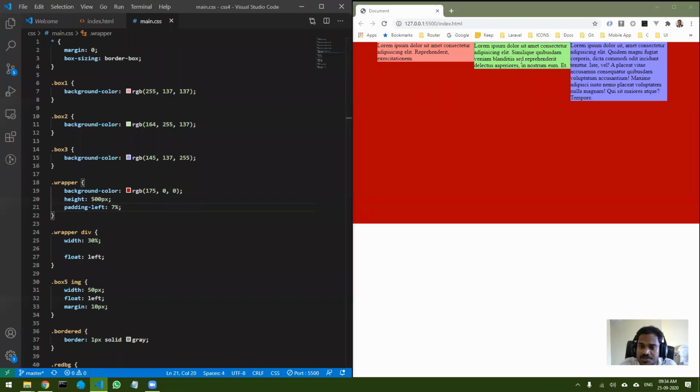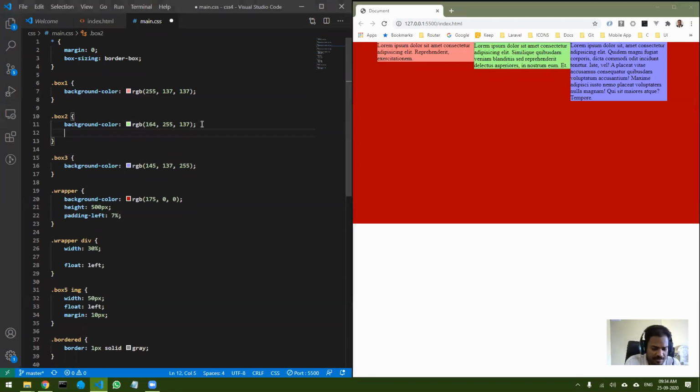To show you the position, this much is enough. The main important thing that I want to cover today is called positioning. For positioning to work, you have to understand how position works. There are 5 different types of positions. Let me apply the positions in box 2, this green one. In box 2, I can set the position to static.